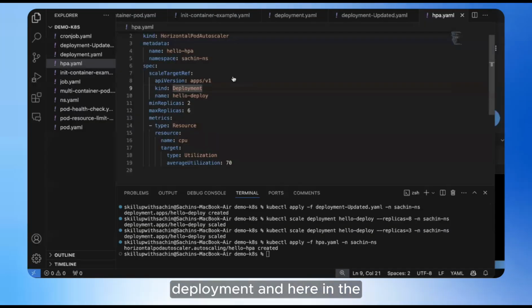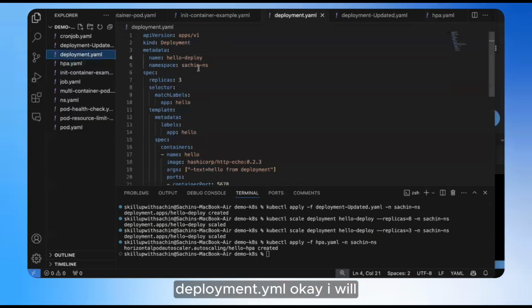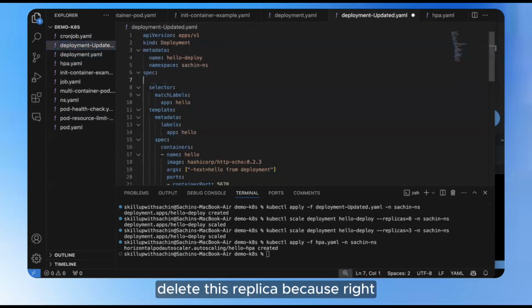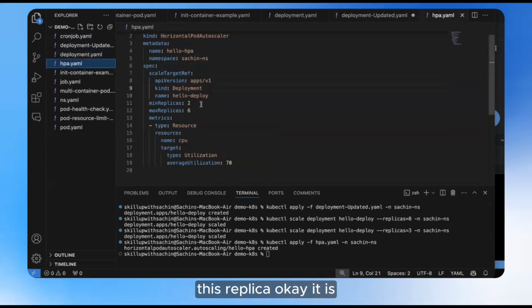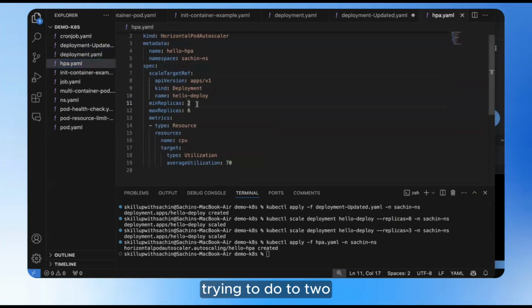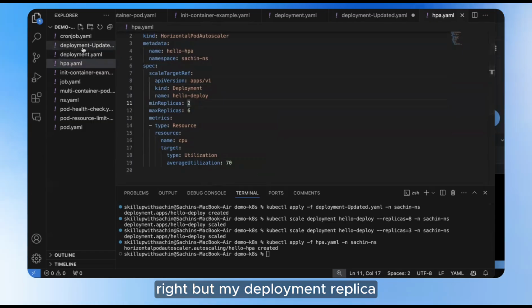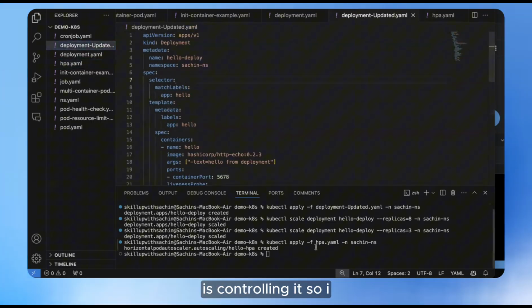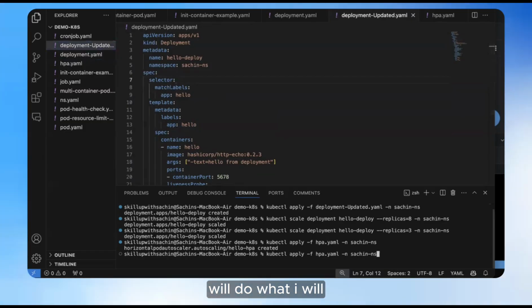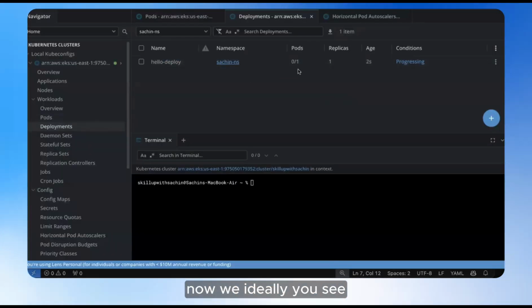And here in the deployment.yaml, I will delete this replica, because right now this replica is trying to do 2, right? But my deployment replica is controlling that. Okay, that is controlling it. So I will run this, and you see now ideally